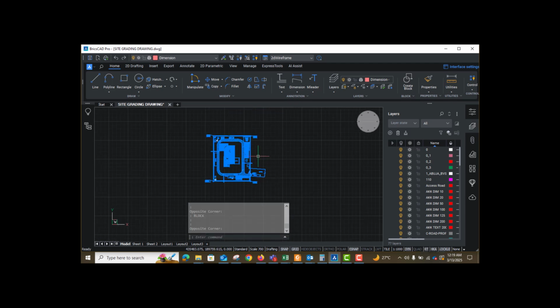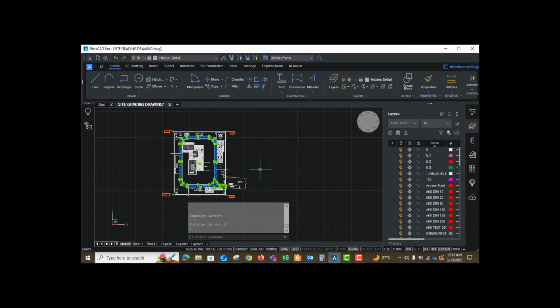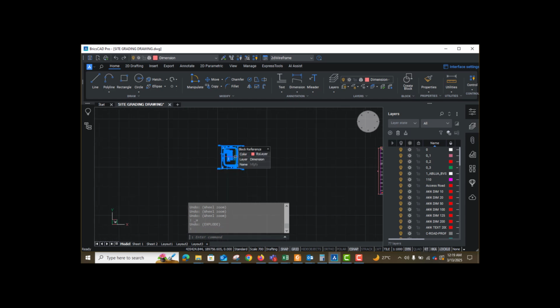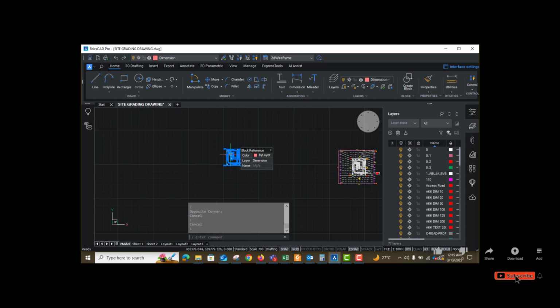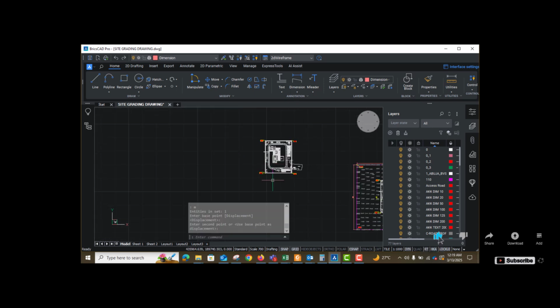So if you want to take it back, simply hit X, which is explode, and click enter. So this is what it is. So if I say undo, it goes back to the blocked state. So from here, only a single highlight. This is treated as a unit, a whole value, a single object rather. So I can now move it anywhere I want as a single object. This is simply how